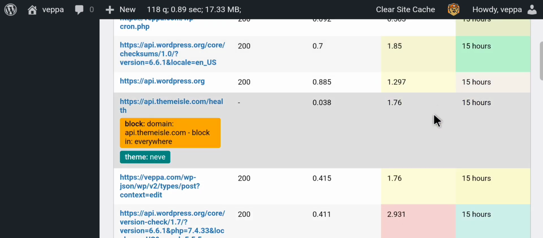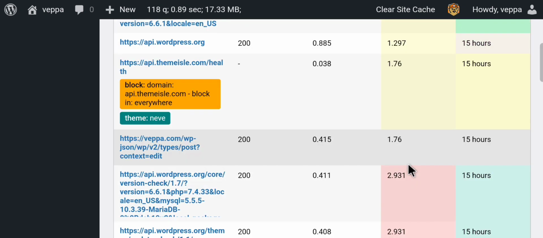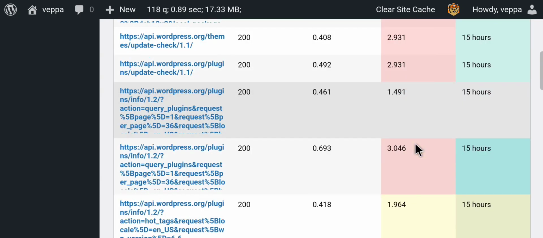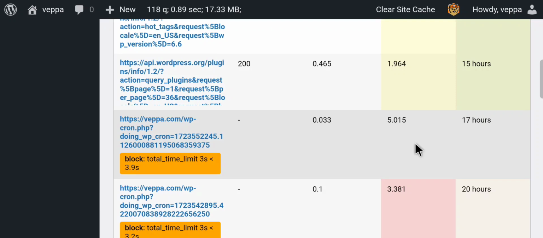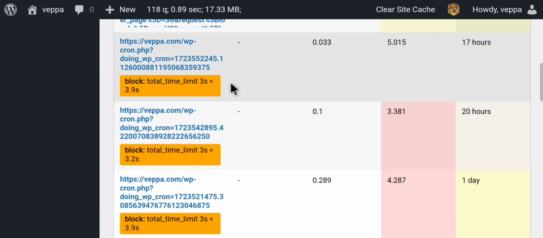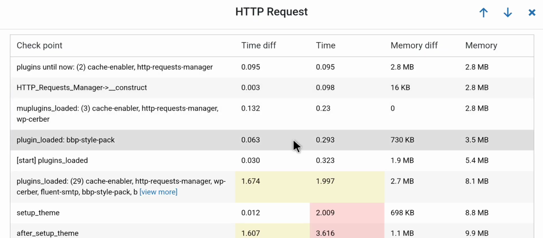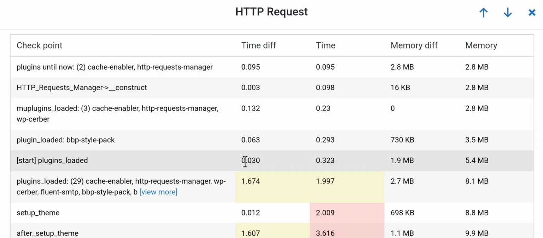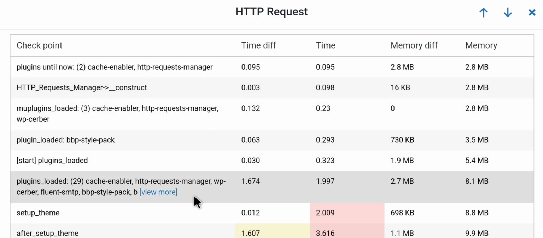We want to check only pages that were slow. We don't need to check fast pages because we cannot learn much from them. We care about slow pages. For example, this page was slow. Let's see why it was slow. This page was slow because of